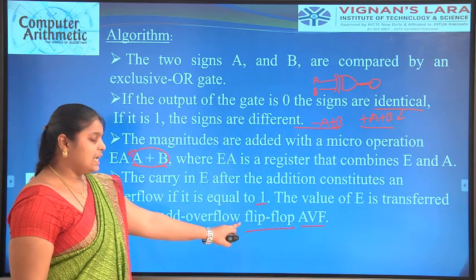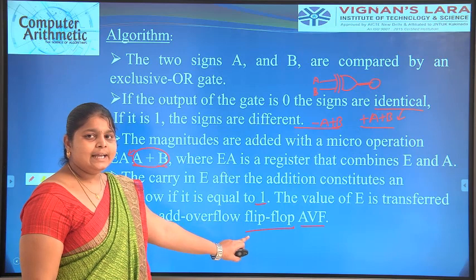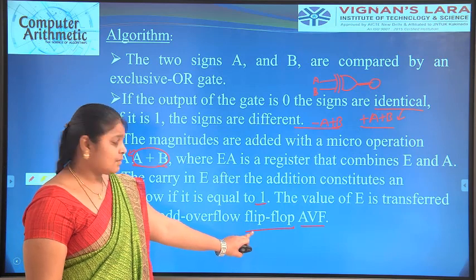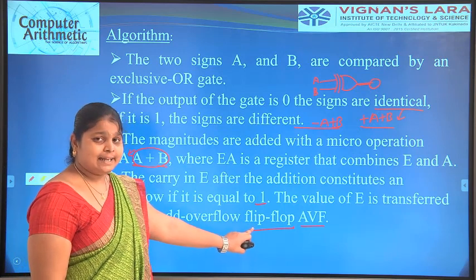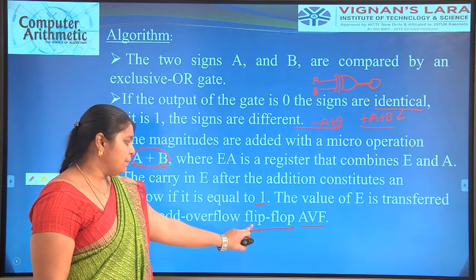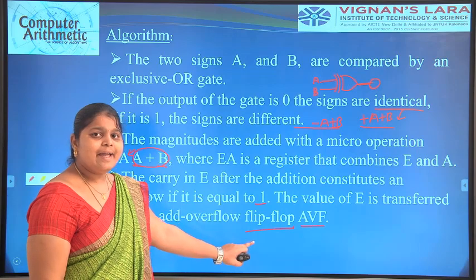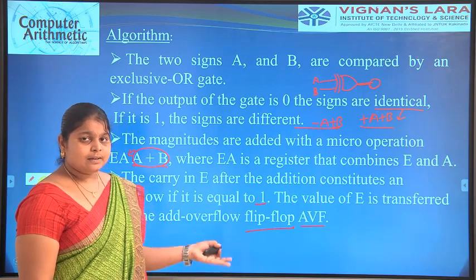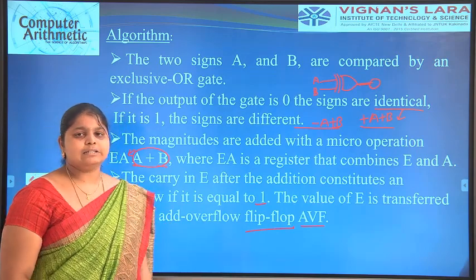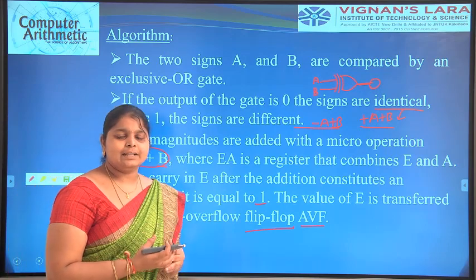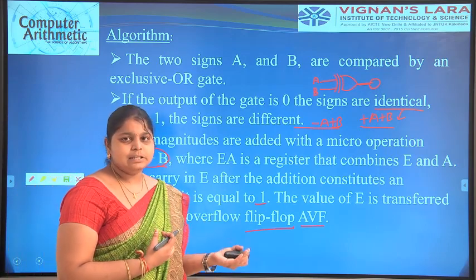It is a sequential circuit for adding and subtracting values at a particular time. A flip-flop means a sequential circuit that can perform the addition and subtraction operation at any particular time. That is known as a flip-flop. What is a register? A register is the amount of data that can be stored in the memory.